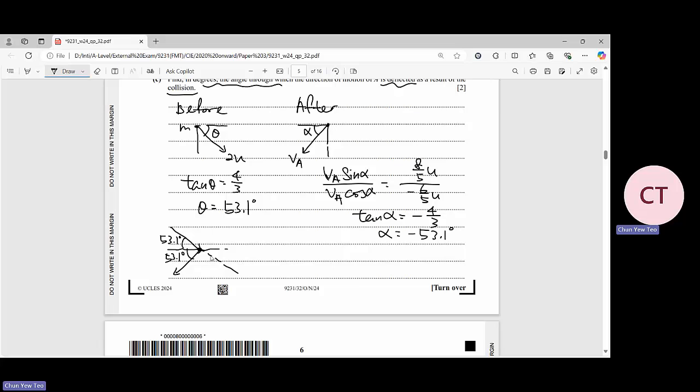So what is the angle of the deflection over here? The angle of deflection is equal to 180 minus 53.1 degrees minus 53.1 degrees, and you get the answer as 73 point